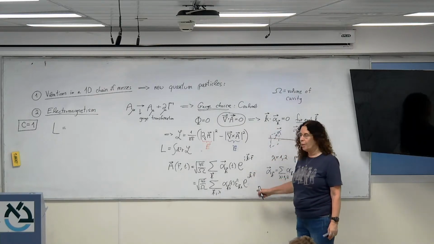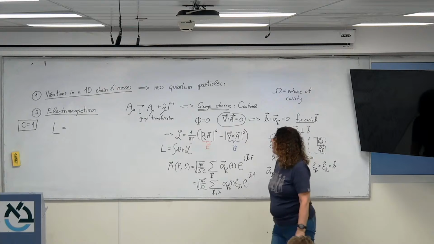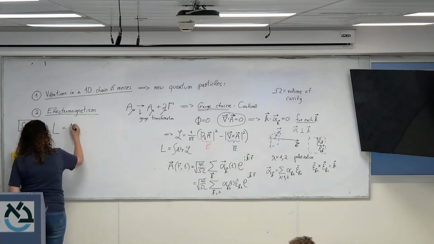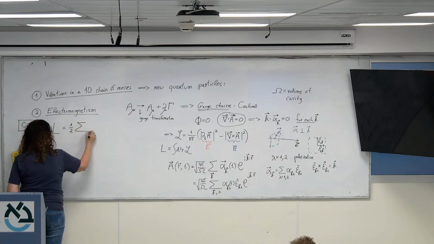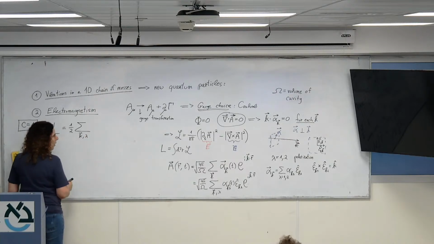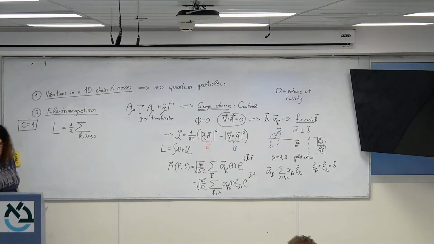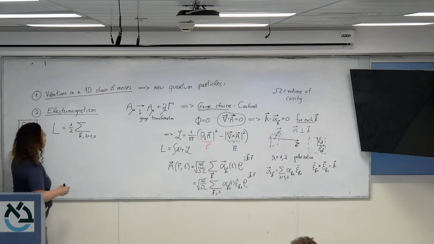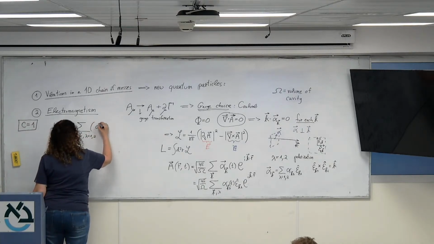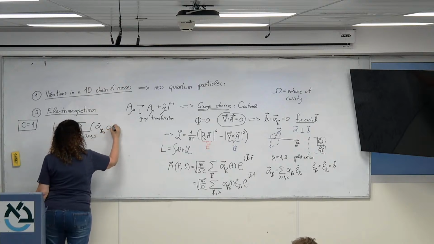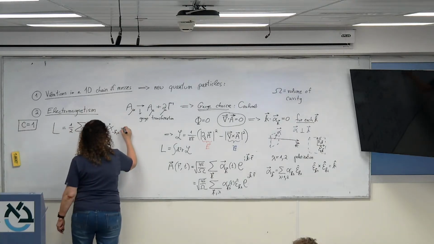We get just a delta function. And what we get is very, very simple. There's a factor of 1/2, a sum over k and lambda, where lambda is again running over the two discrete values 1 and 2, of, let me write it like this, minus,